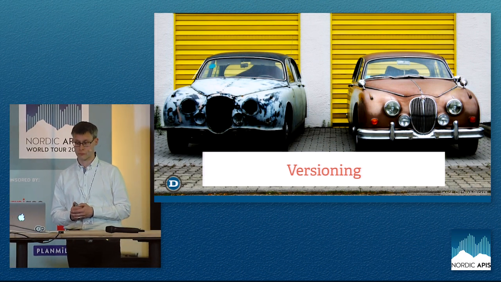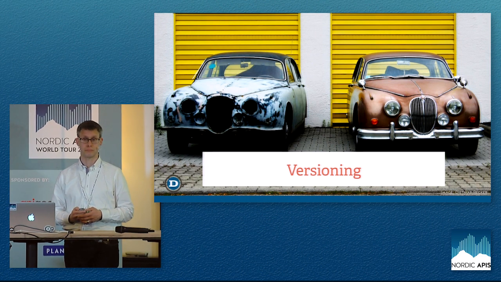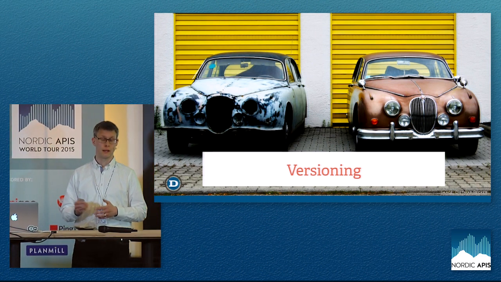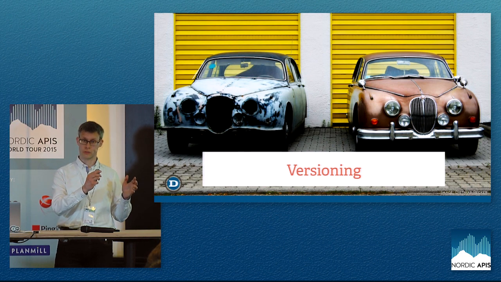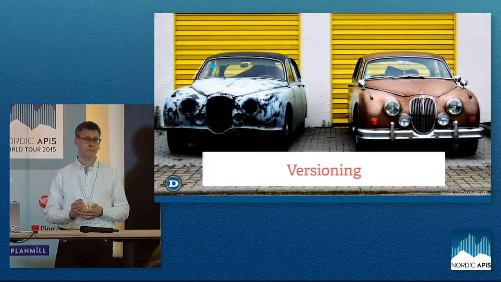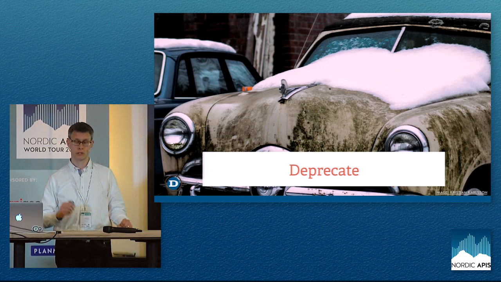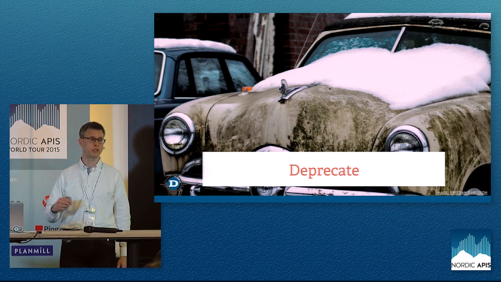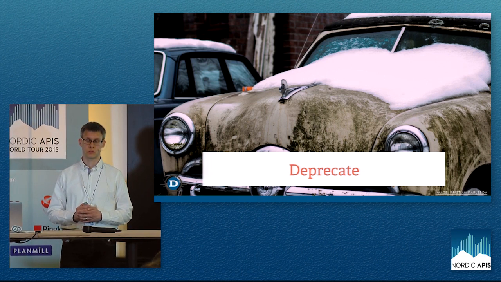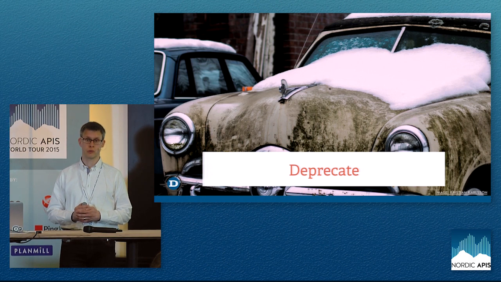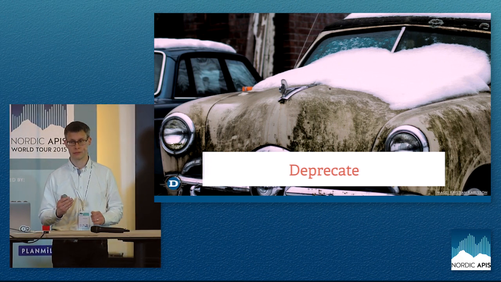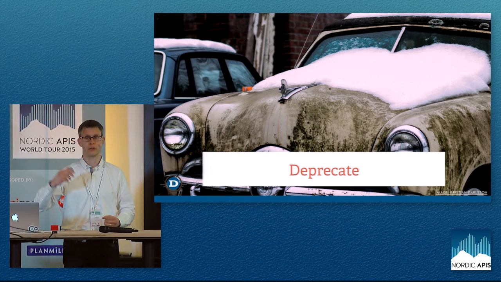Versioning is far from perfect. It's really difficult to do, but in many cases it's the best solution. And if you do this, you should just use version 3 instead of version 2. You need to deprecate version 2. Say, as Google did, this API will stop working on this date. You have years to do the transition. So you probably will have 1, maybe 2, maybe even 3 versions of your API alive at the same time, but with a set kill date, basically. Please don't have that date a week or 2 in the future. Communicate ahead of time.